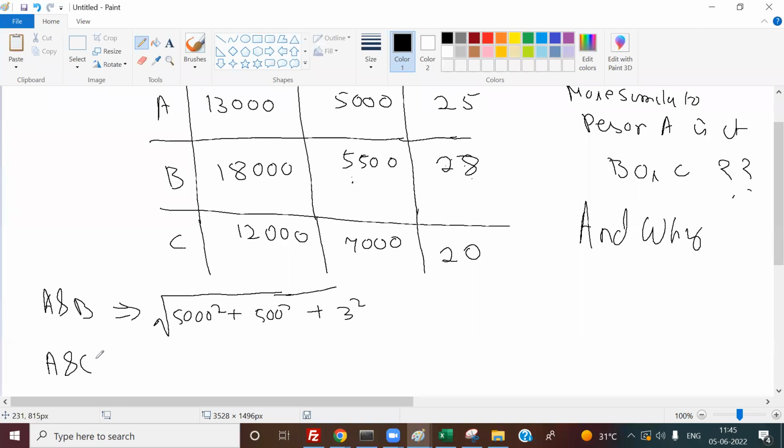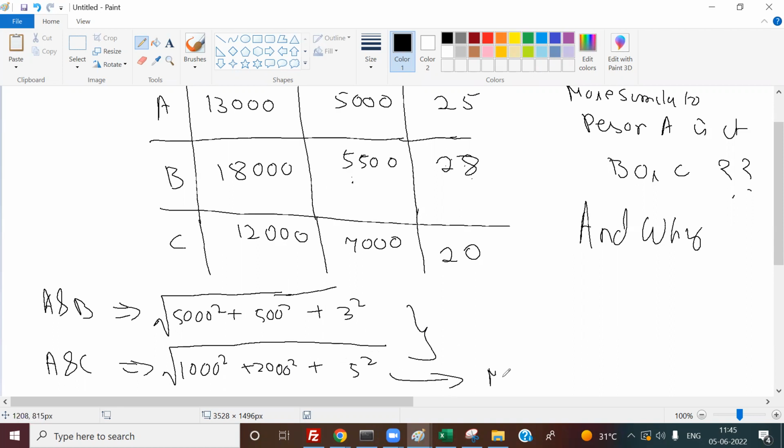Distance between A and C. 13 and 12 का difference कितना होगा? 1,000. And अब देख के ही लग रहा है कि A and C का distance कम होने वाला है. 5,000 and 7,000 is 2,000 whole square. 25 minus 20 is 5. So which one is less? Which one is more? Obviously, this one is much lesser